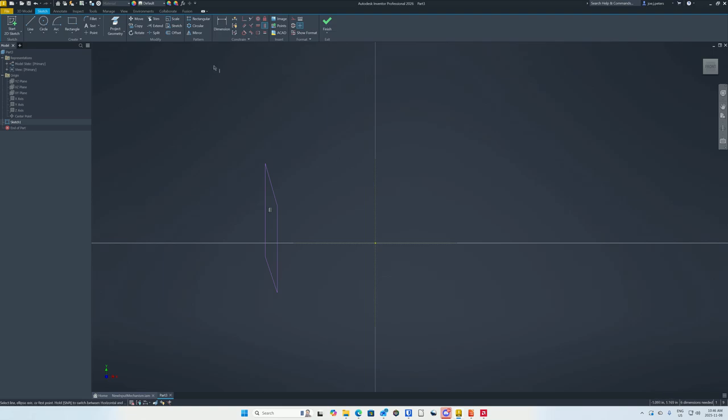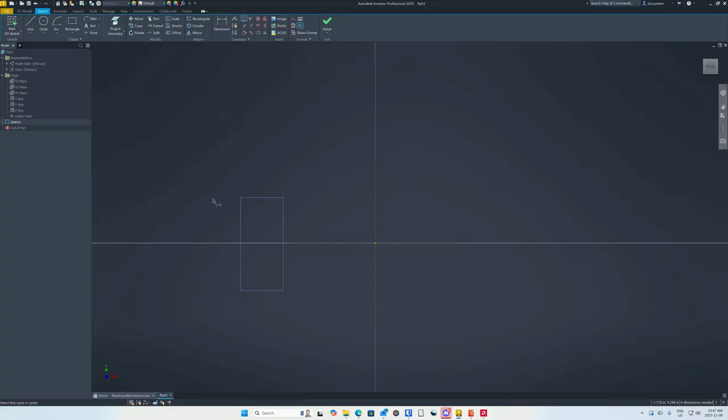I can do the same on the top. Make this line and this line parallel. Then I can select this line and make it horizontal. Okay. But now this box or rectangle isn't fully constrained. It says it needs 4 dimensions left to be fully constrained. Here I'm going to use the midpoint